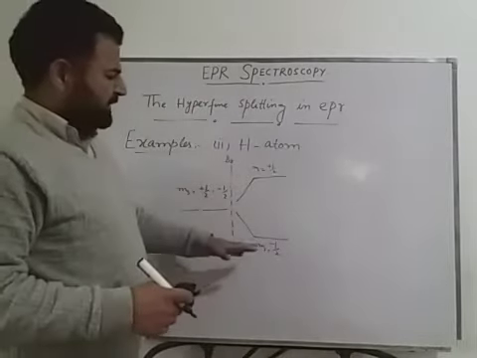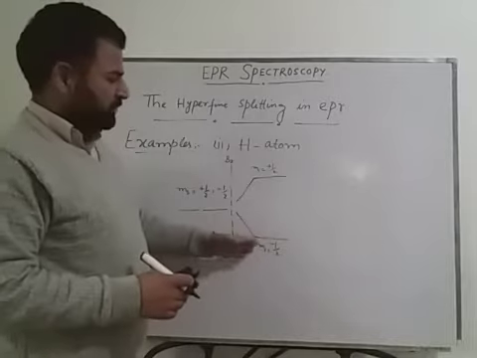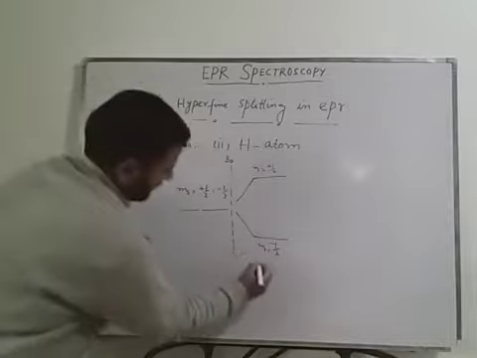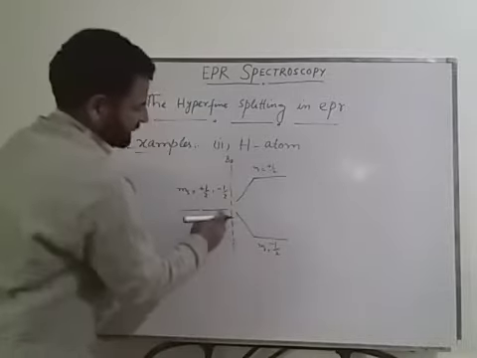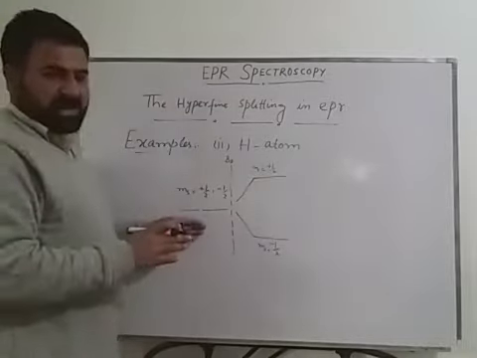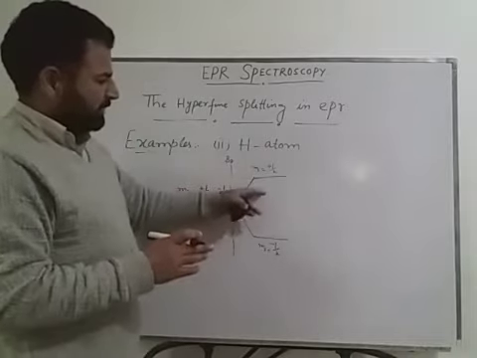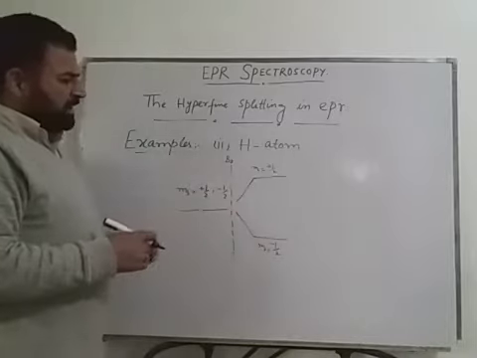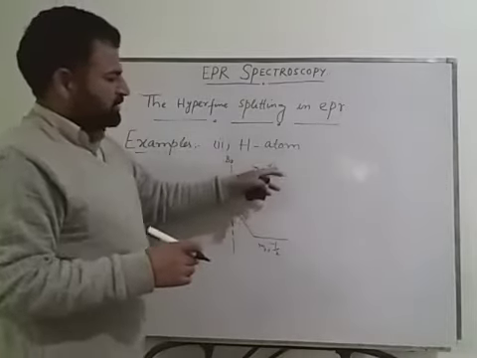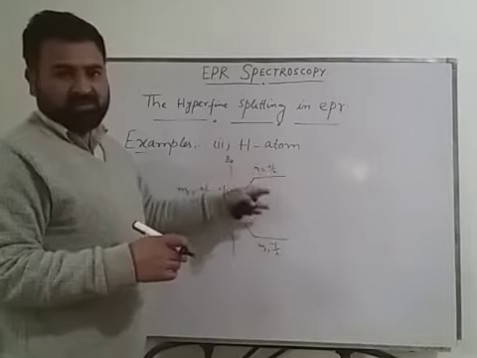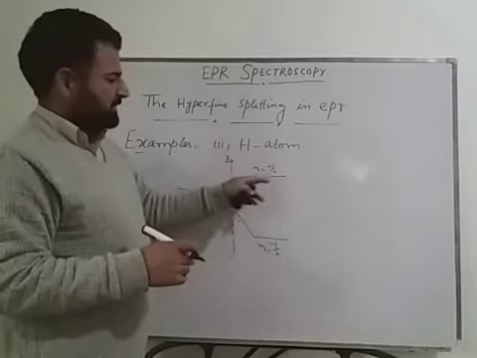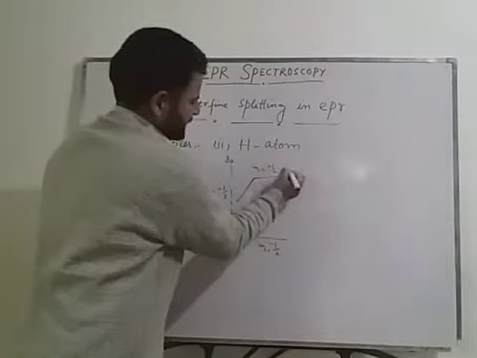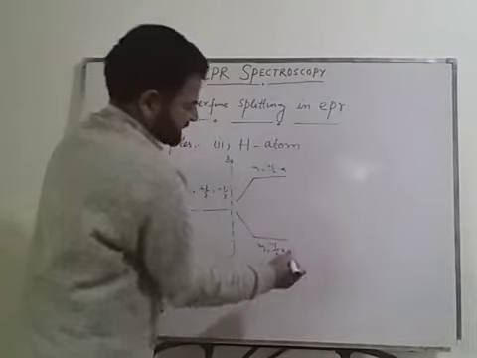This is the case of a free electron, when there is no introduction of nuclear spin. Here the field was not applied and the levels were degenerate, but now they split into two energy levels. Now each energy level has its own spin angular momentum quantum number. This one has plus 1 by 2 and this is minus 1 by 2. This we call the alpha state and this we call the beta state.